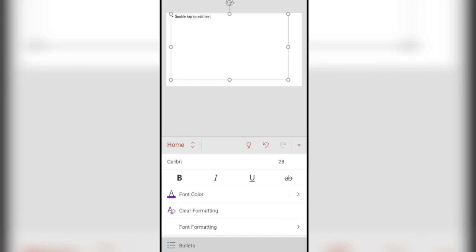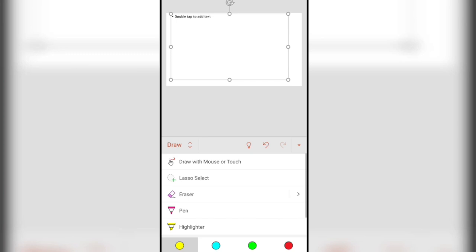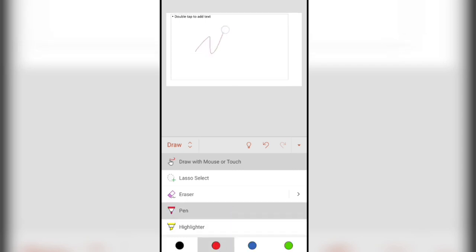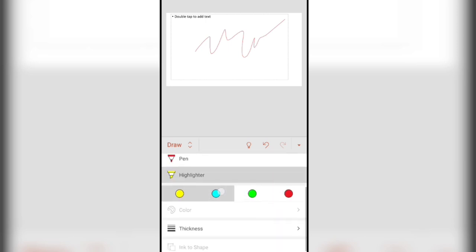Now since I'm using my phone, I don't get options of rectangle, oval or anything, but I can use my pen to make stuff here. There is also a highlighter and there are a lot of colors in it.